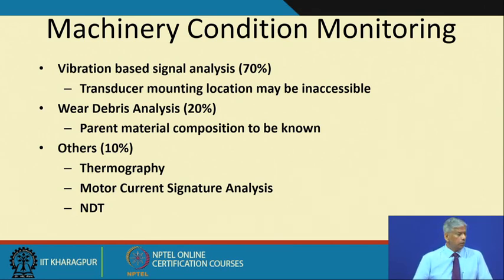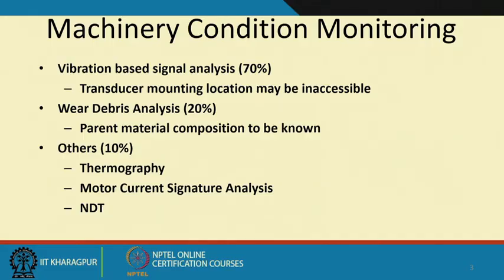It has come up, I would say, primarily because of the research we have done at IIT Kharagpur in the last 2 decades. We started somewhere in the mid 90s, and then we continued working on this, and we now have a patent on using any electromagnetic device to find out the faults in a rotating machine. Okay. So, this motor current signature analysis